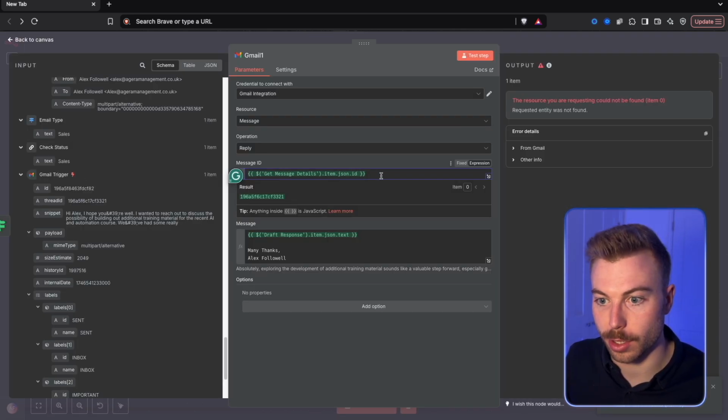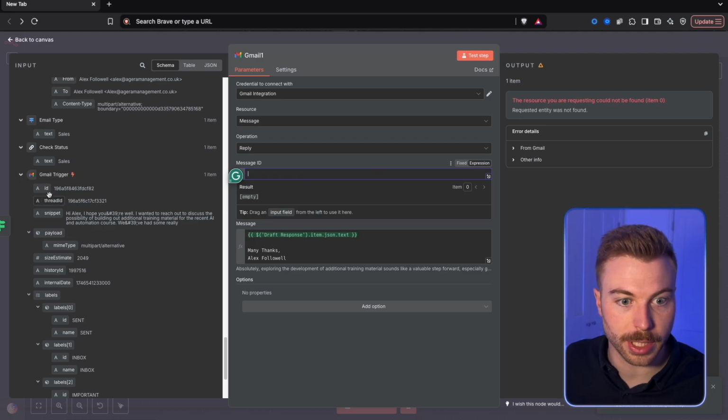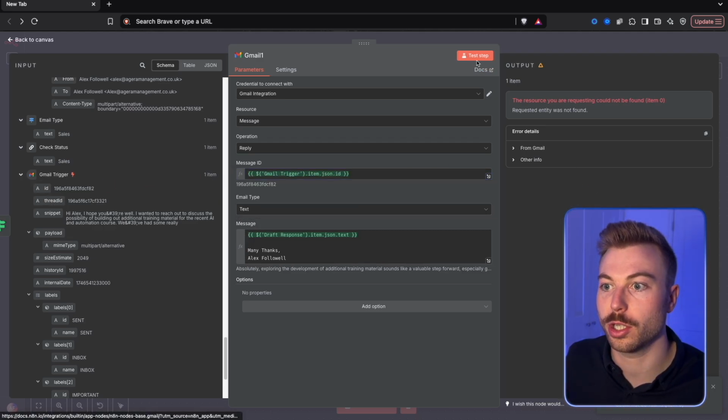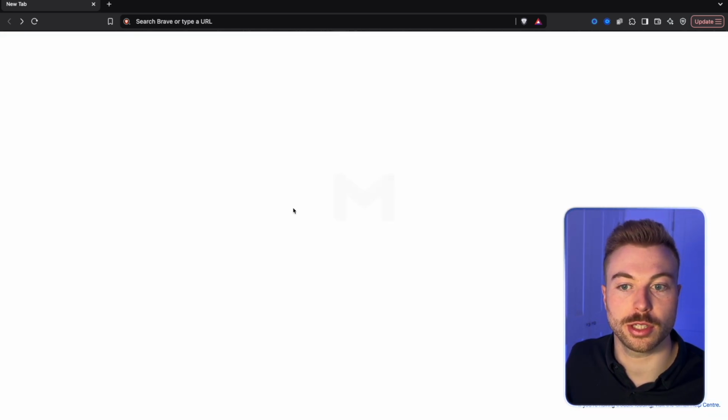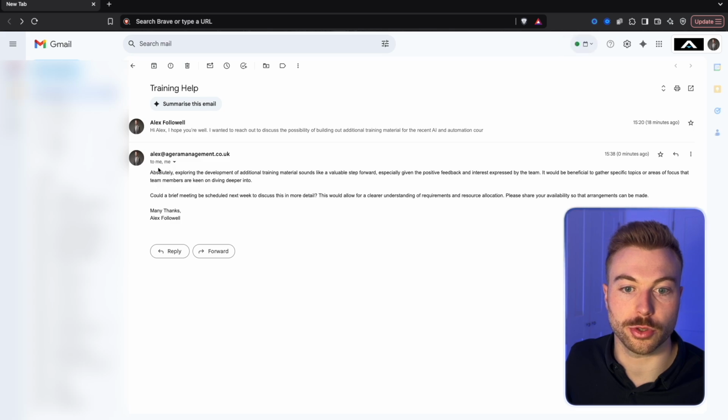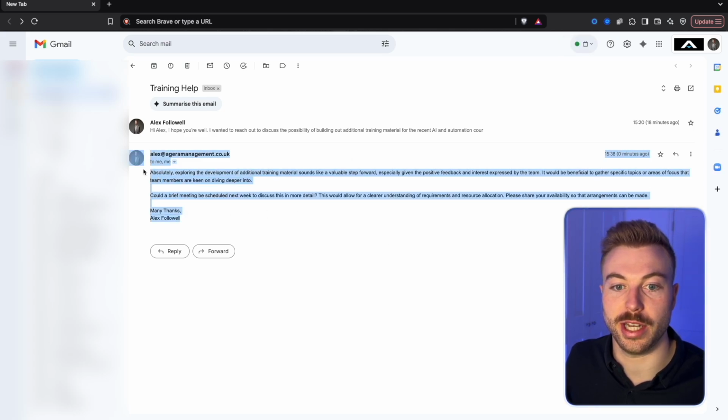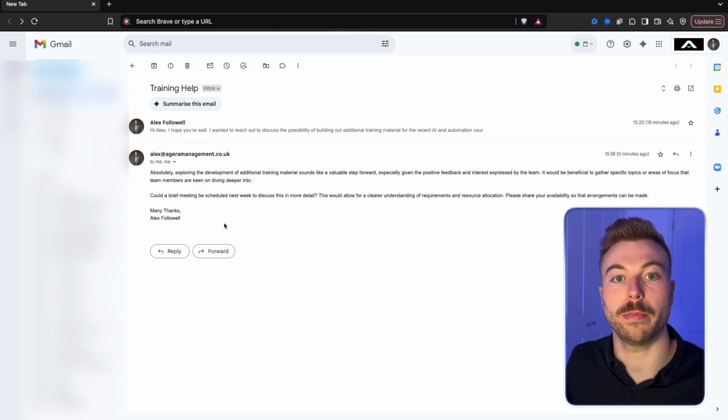And that's because I was using the wrong message ID. So we'll come back down to the start and do the original message ID. So we'll do test step. Now it should go through and work. So now if I come back into our emails, what we should see, if I refresh this, is that actually we've got a response that's gone straight back. So there we go. As you can see there, a really nice, quick, concise email that's gone back